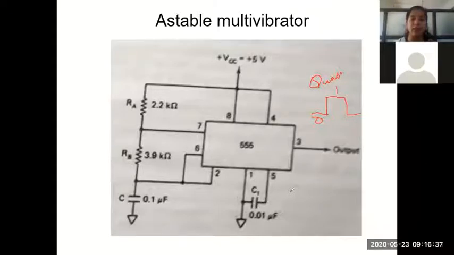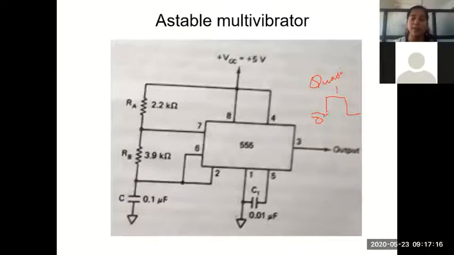Astable multivibrator is commonly used to generate square wave oscillations. Why oscillations? Remember, an oscillator is a circuit which generates output signals, sinusoidal, non-sinusoidal output signals. Sinusoidal oscillators, you are familiar with Hartley and Colpitts. We have already studied that. Hartley, Colpitts, RC phase shift, so on. They generate sinusoidal output signals. Whereas this astable multivibrator is a square wave oscillator. It generates square waves or rectangular waveforms at the output.